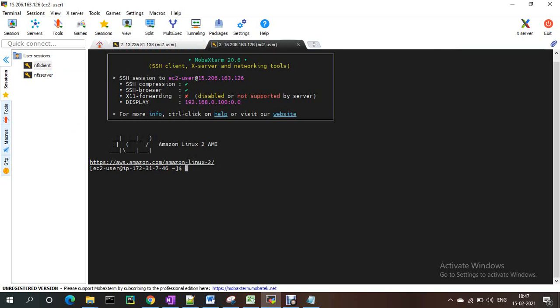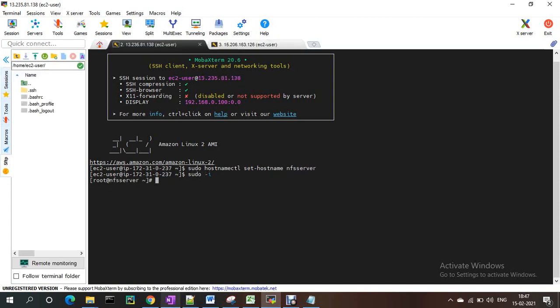Same thing, I'm setting the hostname: sudo hostnamectl set-hostname nfs-client. If I do sudo -i, I'm into NFS client.